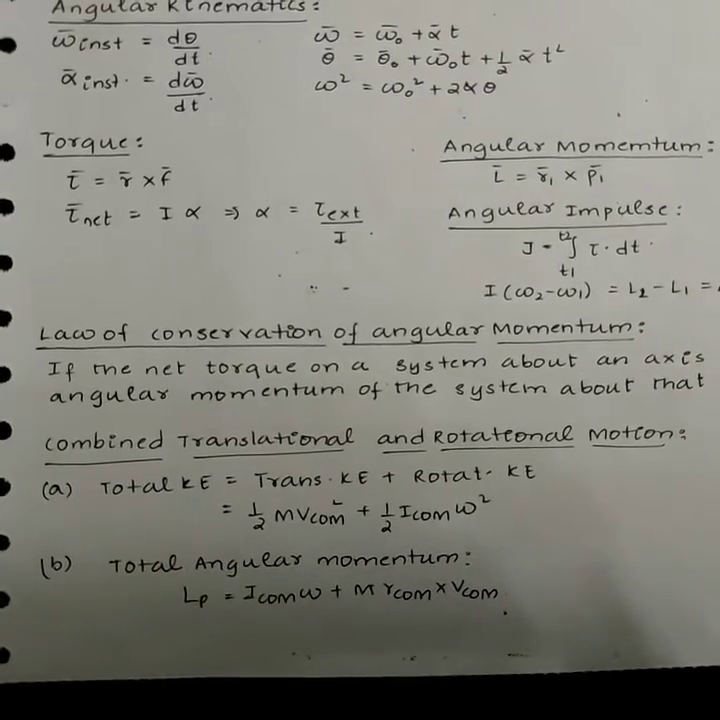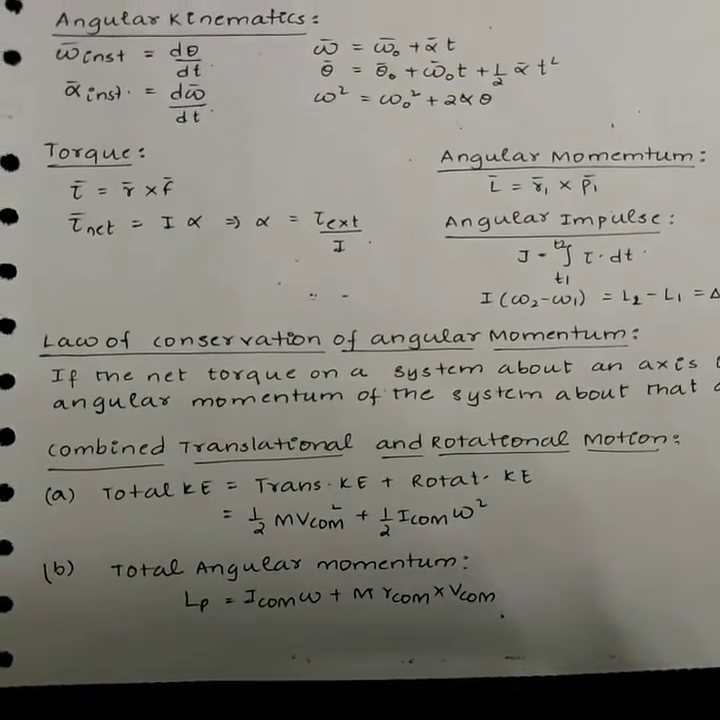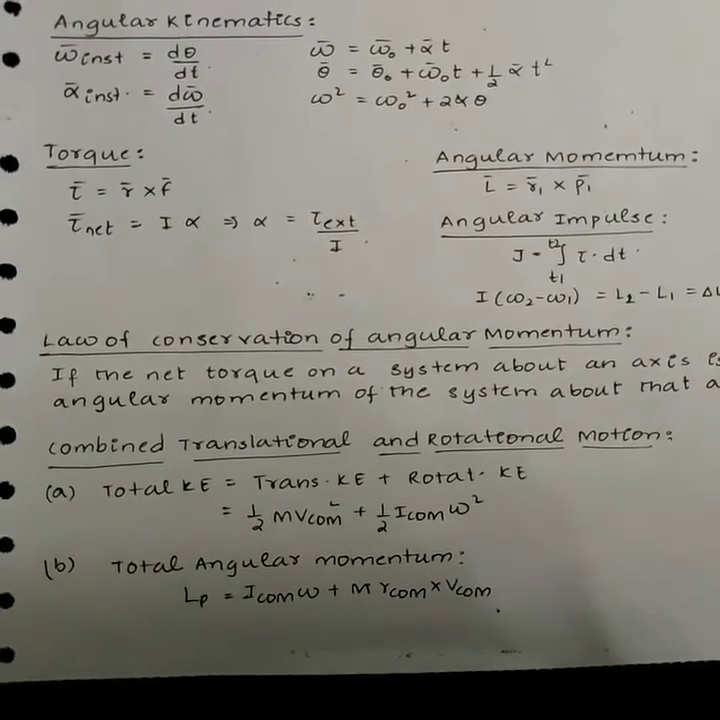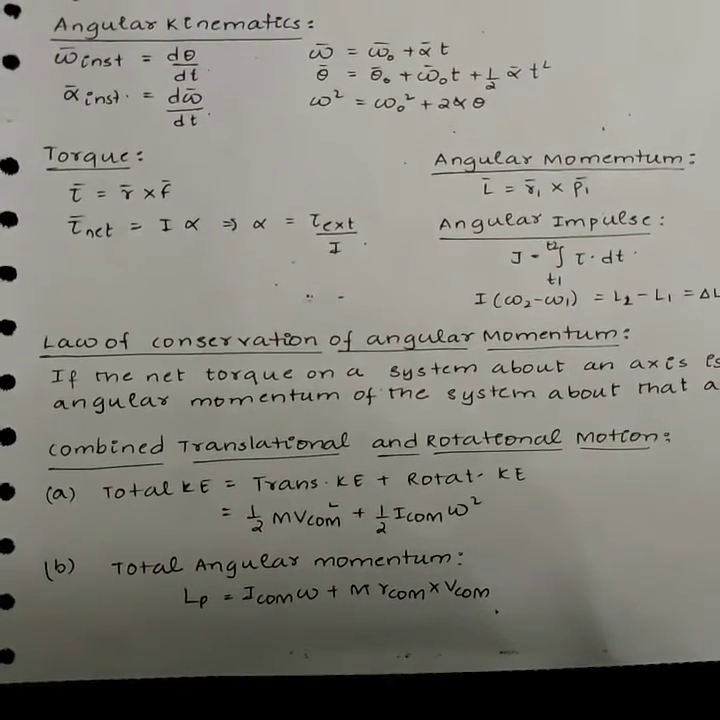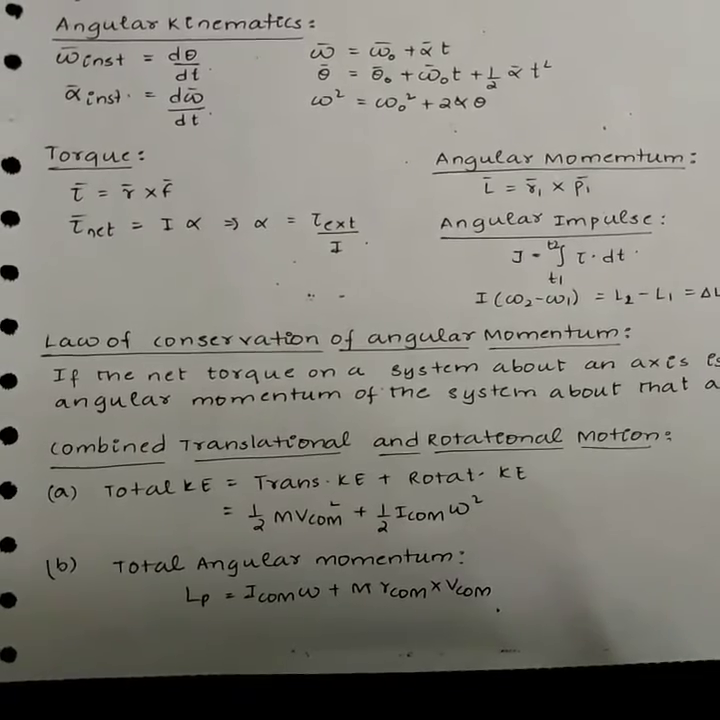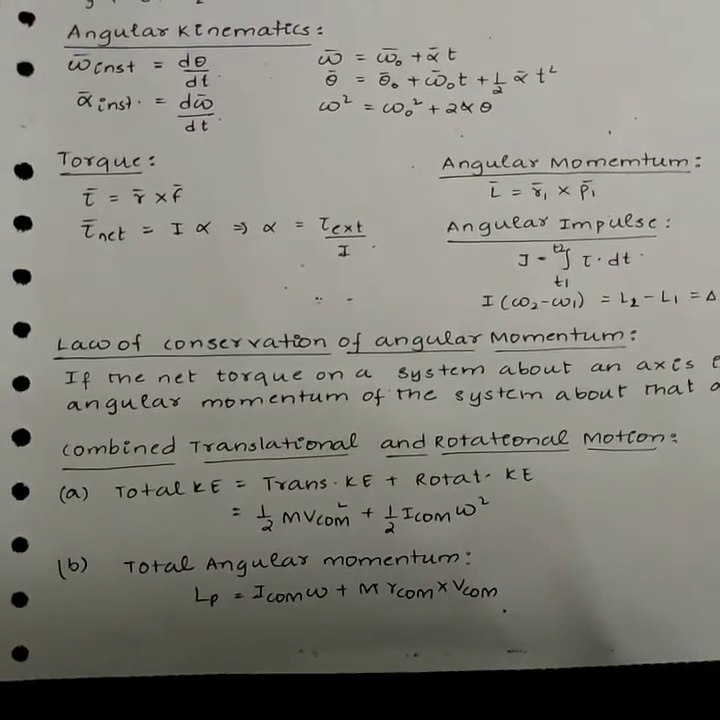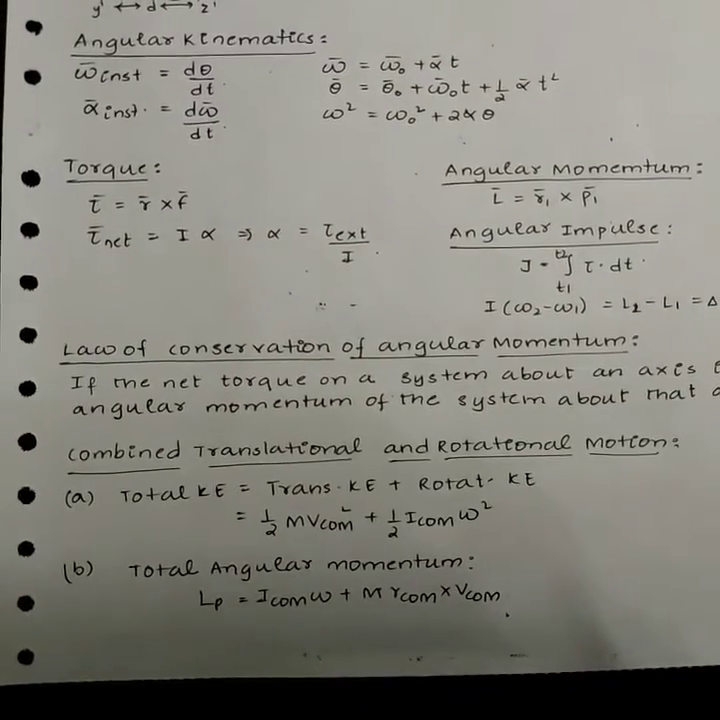The total kinetic energy is equal to the translational kinetic energy plus the rotational kinetic energy. That is, half m v_COM squared plus half I_COM omega squared. The total angular momentum of the body L_P is given by I_COM into omega bar plus m into r_COM